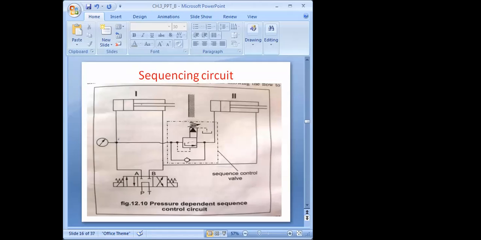In the pressure dependent sequence control circuit, the second action starts only when the pressure in the first cylinder reaches its set value.